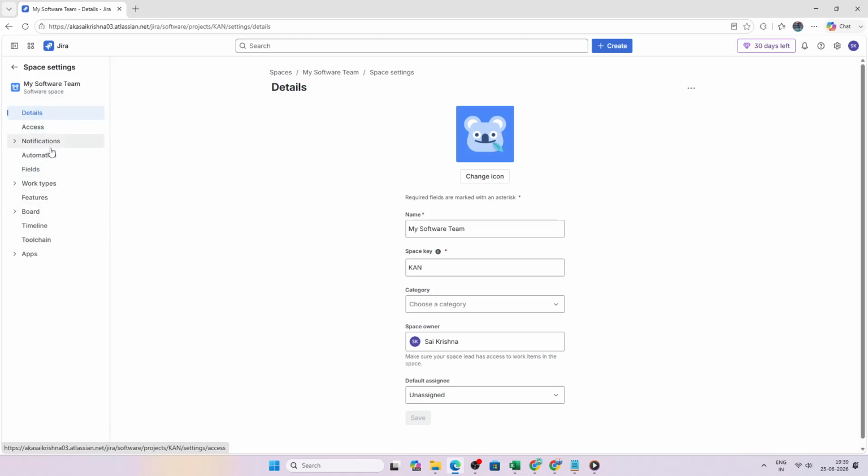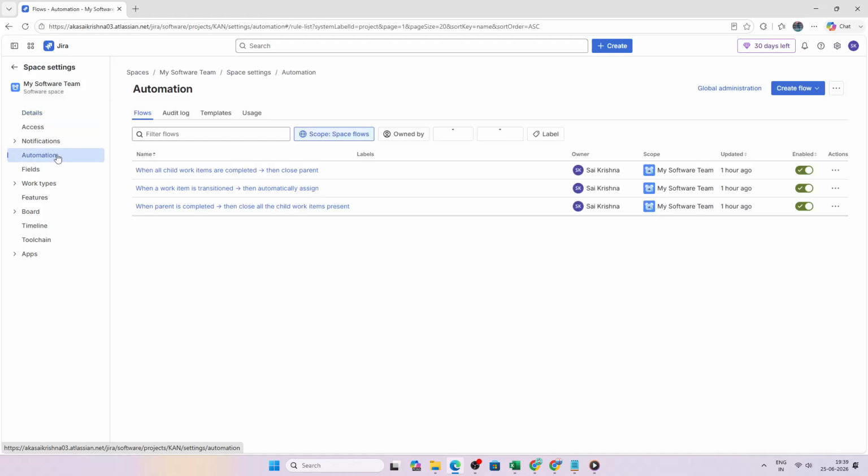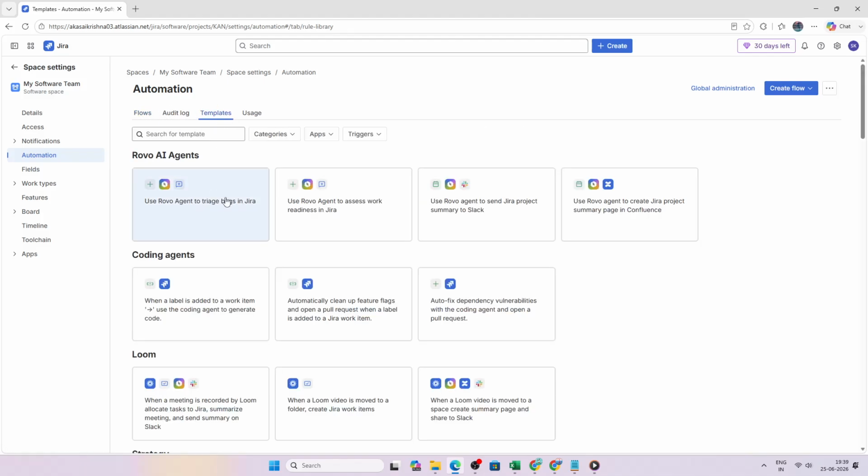On the left-hand sidebar, look for Automation and select it. This is where Jira allows you to build and manage automated rules for your team. Inside the Automation section, select Template. Templates are a useful starting point because they give you pre-built automation structures, which can save time and make the